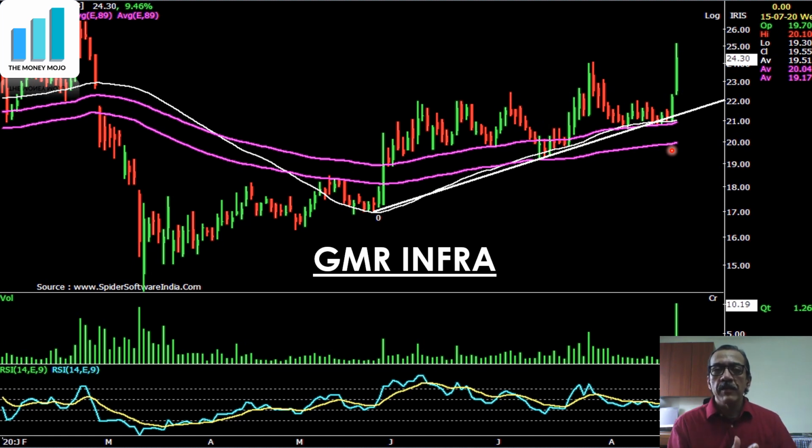So there are 140 stocks. How many stocks can you actually trade? There is a limit on the capital that you have, etc. So we don't want to run after every stock. You go after only those stocks that fulfill your criteria, and your criteria could be a pullback to the trend line support, or a pullback to the moving averages.